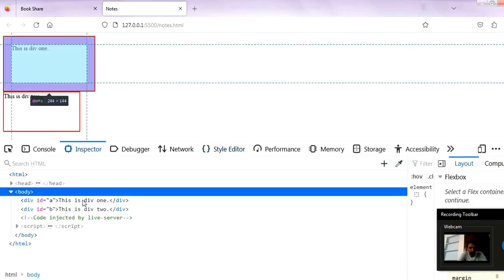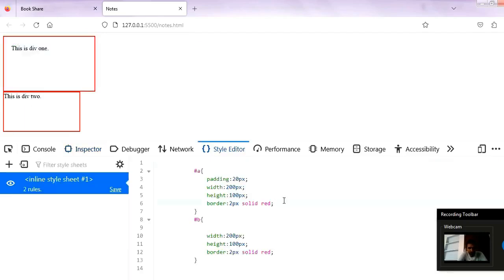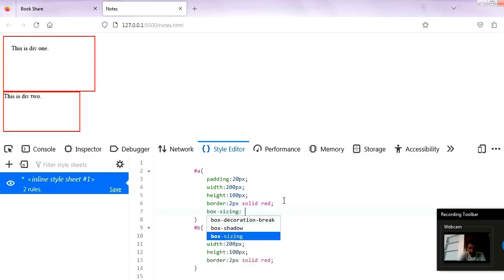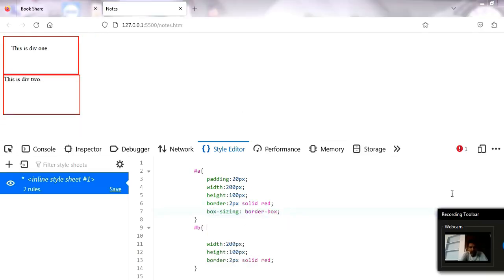Therefore div 1 size increases, and this is not good for your web development, okay. So to nullify this problem we use box sizing, okay. Now I will show you here only. If in div 1 I use box sizing, border box, now so you can see हमारी जो प्रॉब्लम है वो ऑलमोस्ट सॉर्ट आउट हो जाती है, राइट. There is a little bit of difference in width, but it nullifies the extra width problem, okay.